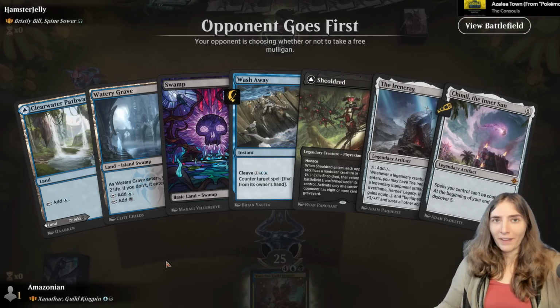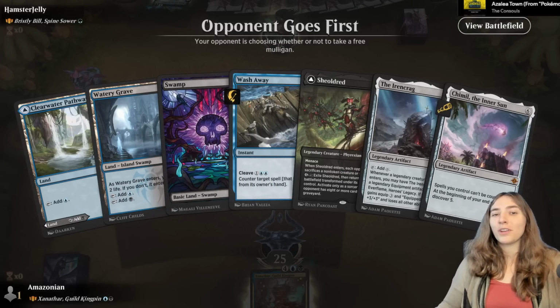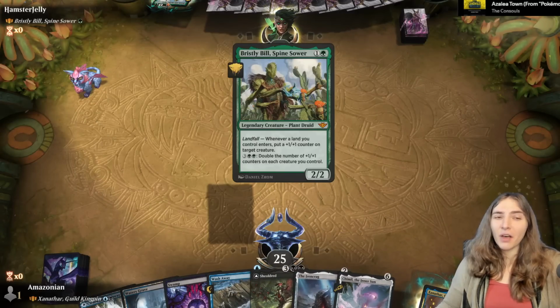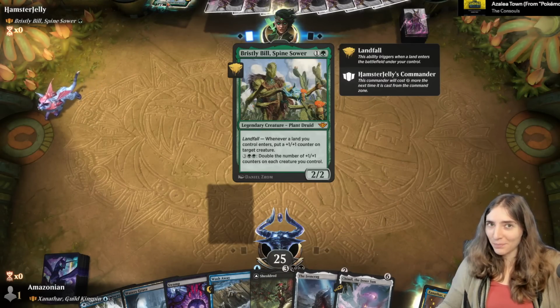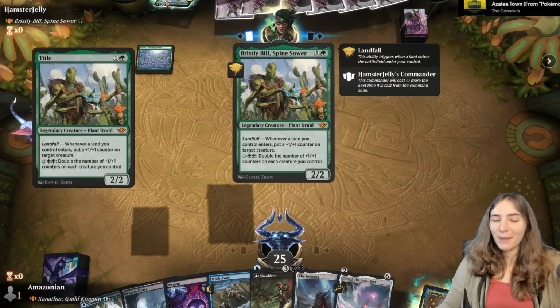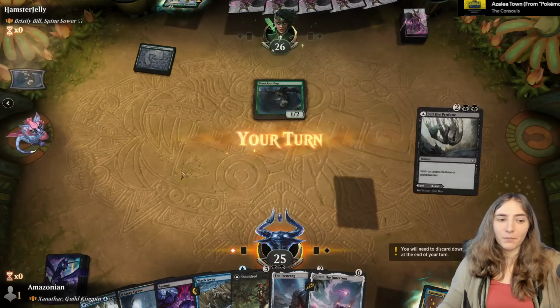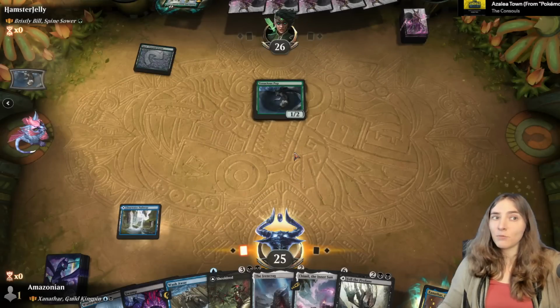Bristly Bill is an aggressive commander that puts counters when lands enter the battlefield, and also can double the number of counters on your creatures by paying only 5 mana. That means that Bristly Bill is a must-stop commander with land-based strategies, who ramps and ramps and ramps and does all sorts of goodness. Alright, Tenacious Pup puts this boon on the stack, and I'm going to be countering,